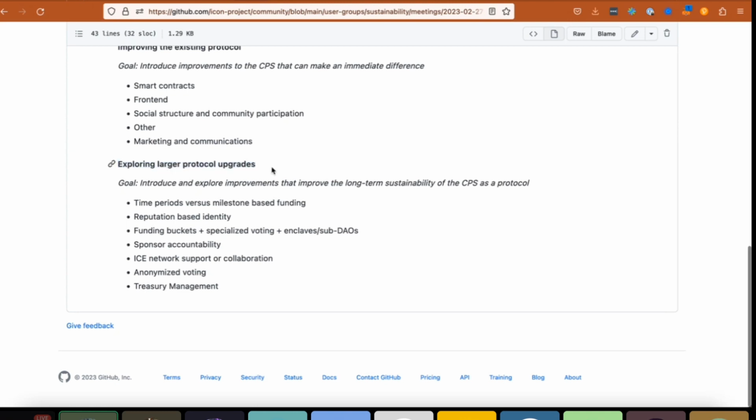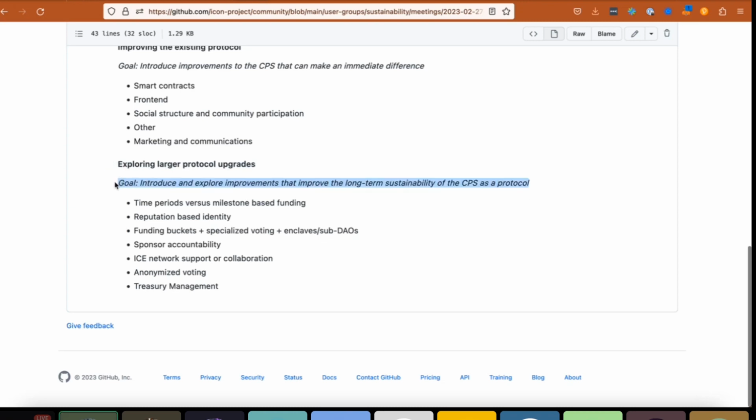The last thing is about longer-term protocol upgrades. So this is more like if you've got an idea, maybe a philosophical idea, or maybe because it's an open funding community, you've got some idea about the ethics of how validators are sponsoring projects, or how teams are pitching projects based off of what the project domain is or where their stance is in the community, then that would go under the category of larger protocol upgrades, most likely.